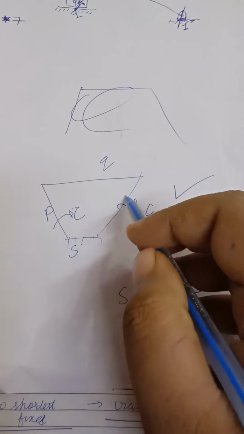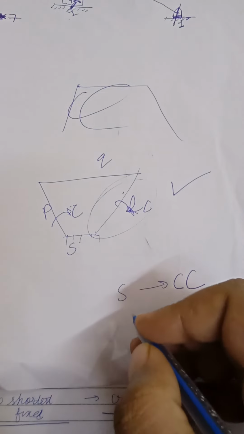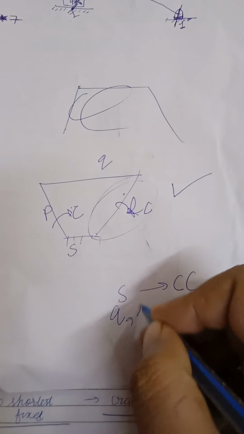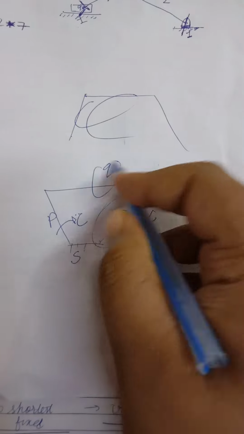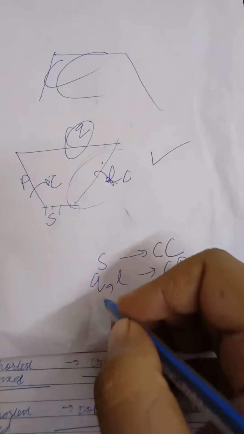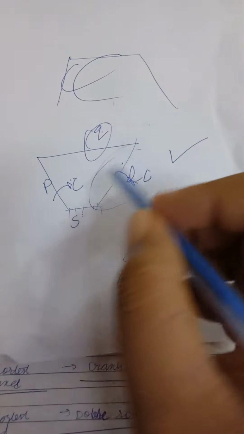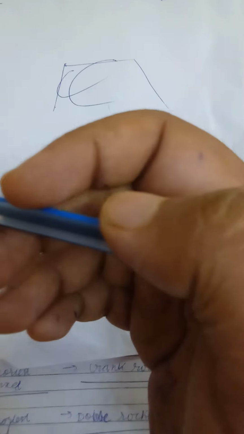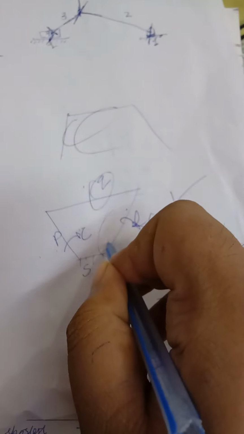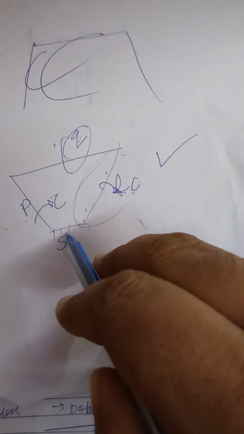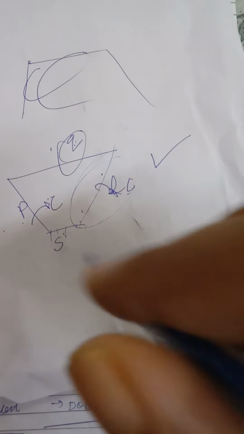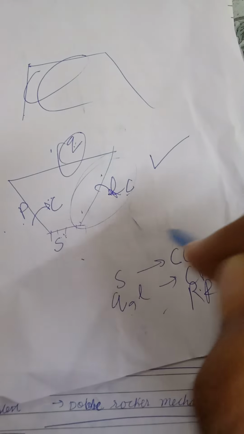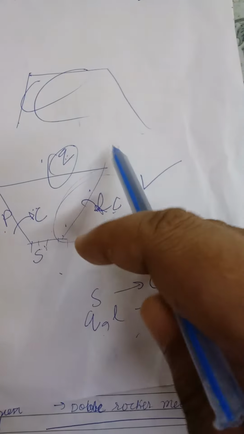If adjacent to the short link is fixed, I mean P or L is fixed, crank rocker. And if Q is fixed, opposite to short is fixed, then that is double rocker mechanism. So no matter what the orientation is, suppose Q can be here, P can be here, L can be here, any S can be here, any orientation, just remember this: short link fixed, double crank. Adjacent to short link fixed, just remember this language: adjacent to short link fixed,